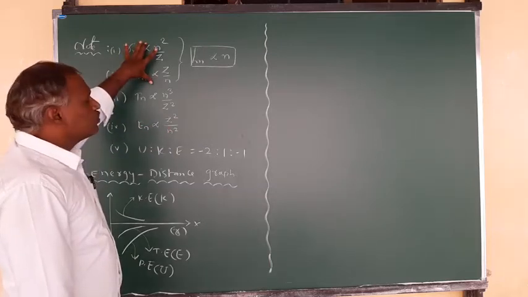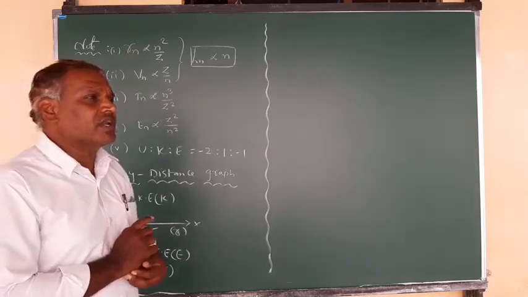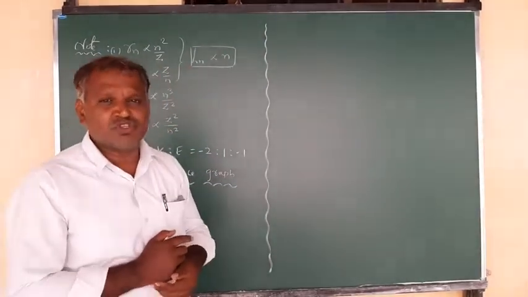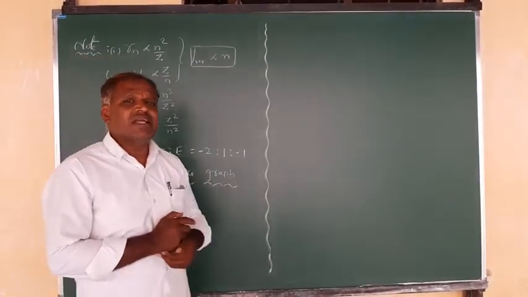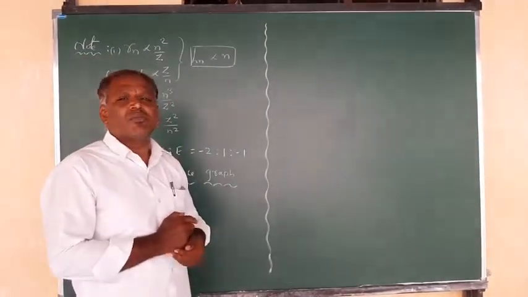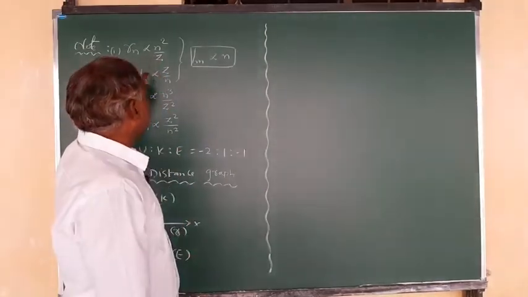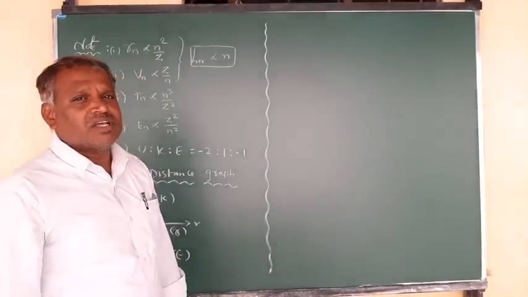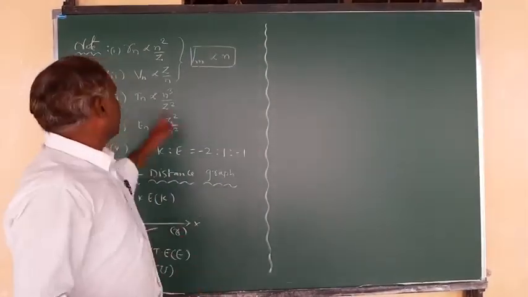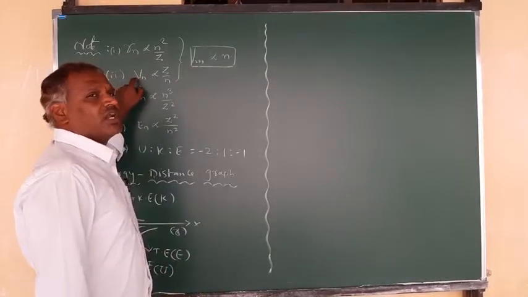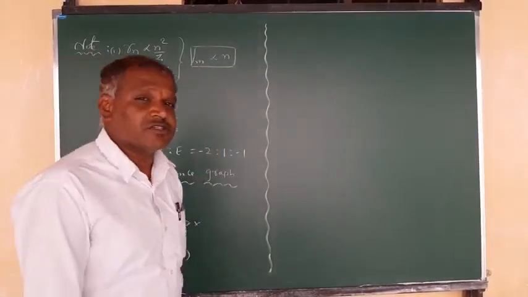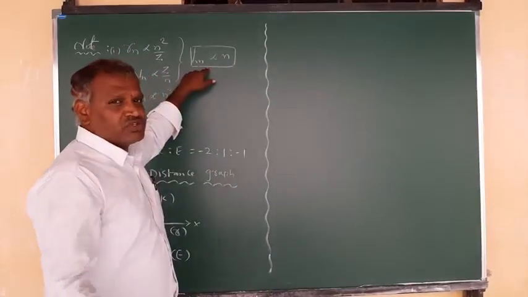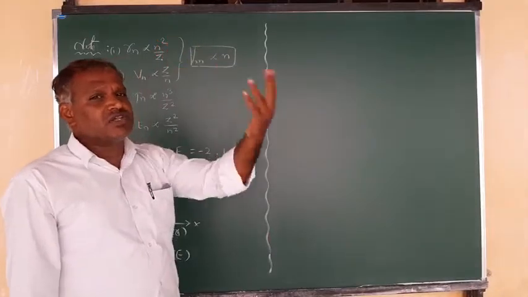By combining these, you can get how the angular momentum is related to the principal quantum number n. As already discussed in Bohr's postulates, the angular momentum is an integral multiple of h by 2 pi, so Ln is proportional to n. We can get that by multiplying these two. The formula for angular momentum is mvr, mass into velocity into radius. When you multiply the velocity and the radius, you get how the angular momentum depends on the principal quantum number. It is directly proportional, which we can also get from the postulate itself.